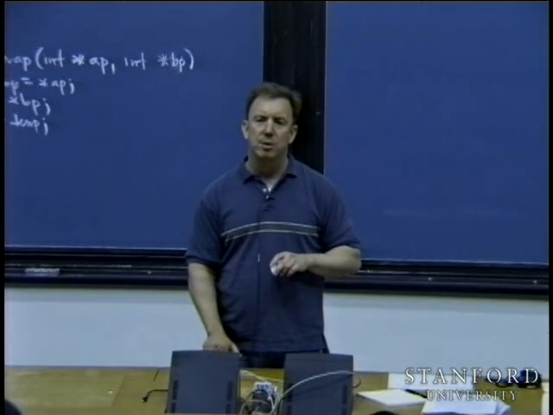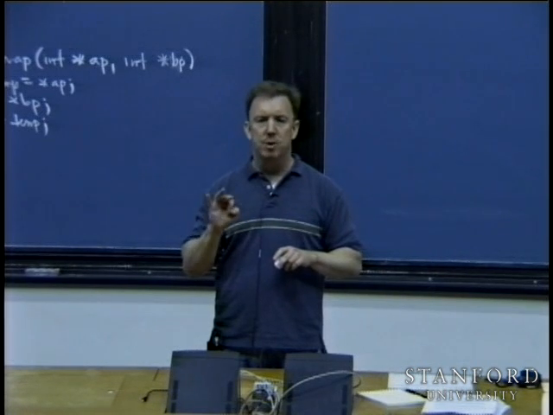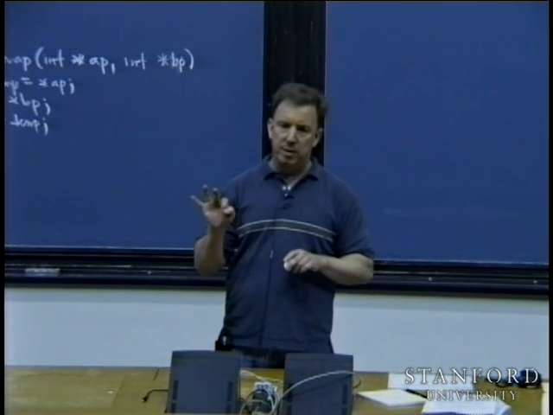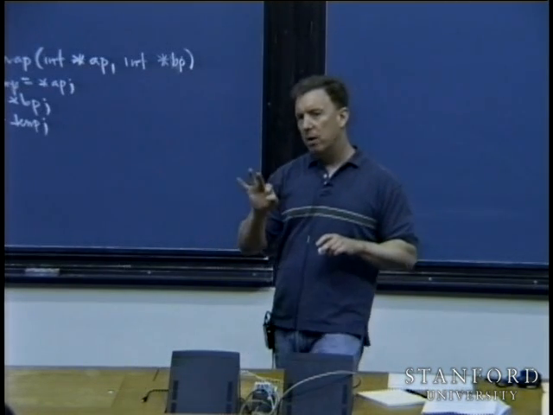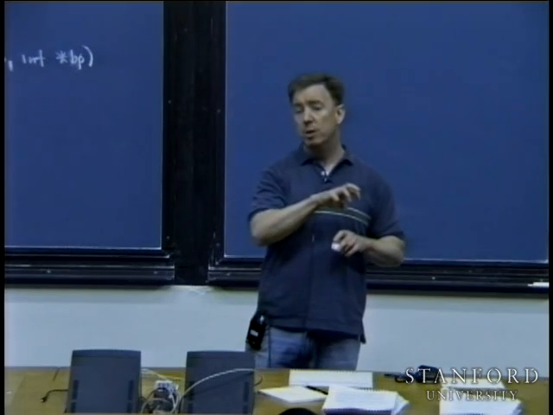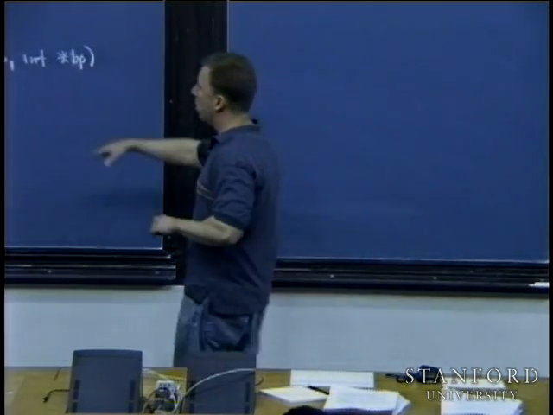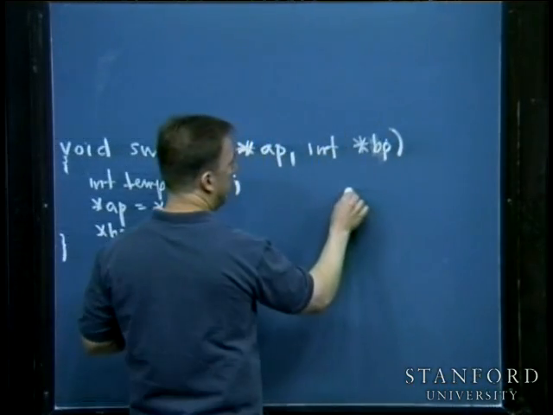When I left you last time, I had gotten through the implementation of swap that was specific to ints. So I want to make a few points about that and then go generic on you by implementing the C version of what we would do in C++ using templates. This is more or less the code I wrote for you last time. The idea being that AP